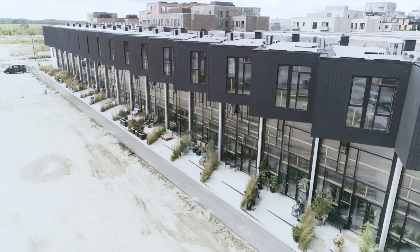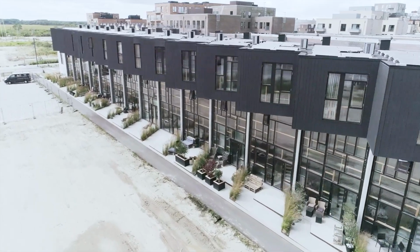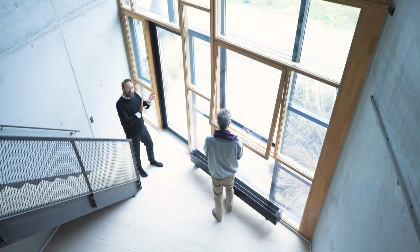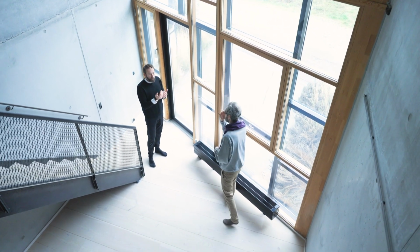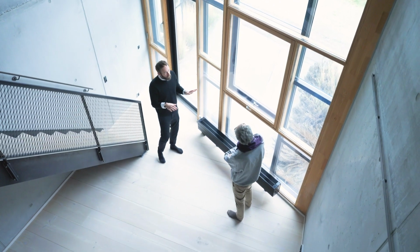So most of these row houses have these huge windows divided. Are they the same division, or is it off? I can't remember. There's 2 or 3 deliveries. So they change a little bit because the windows that we got, the glass, we couldn't change the sizes. No. So here we